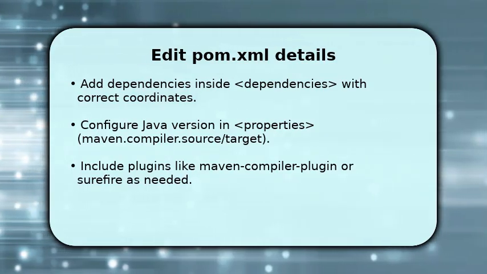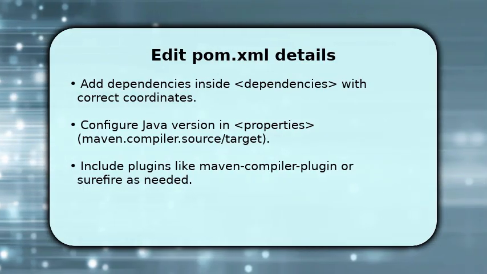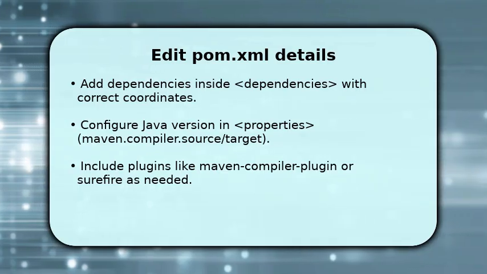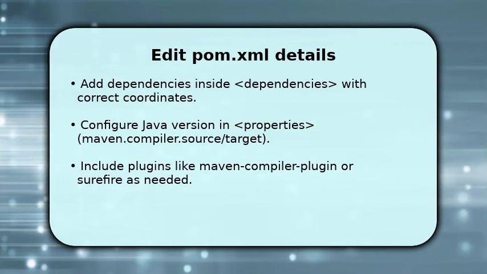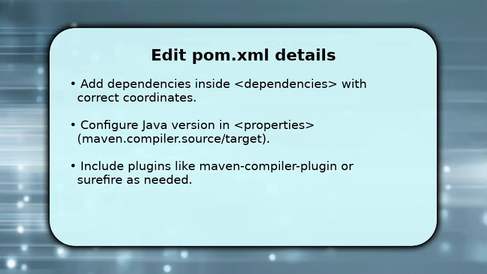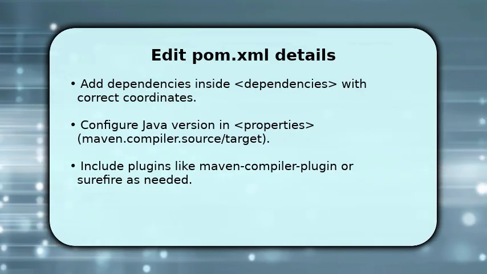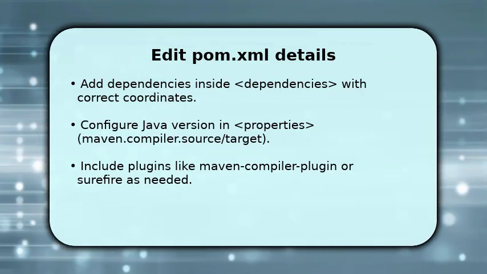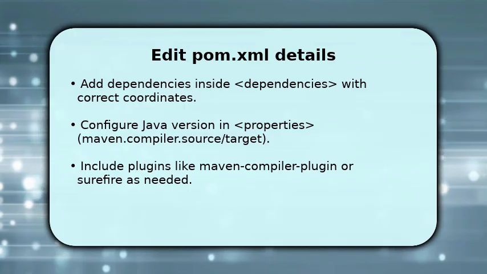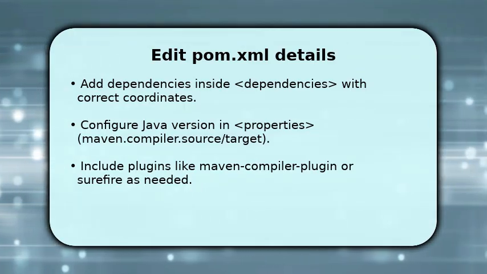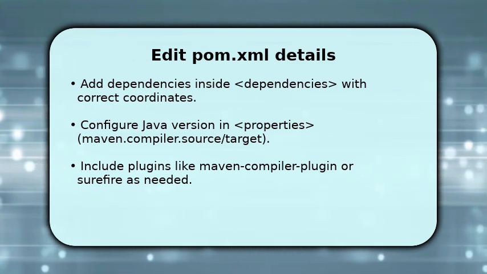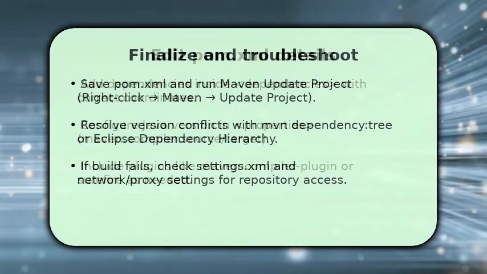Add dependencies with Group ID, Artifact ID, and version so Maven can fetch libraries. Then set properties for maven.compiler.source and maven.compiler.target to control the Java level. Finally, configure necessary plugins, for example the Maven compiler plugin for compilation and Surefire for tests, because plugins define the build. After editing, save and right-click the project to run Maven → Update Project so Eclipse